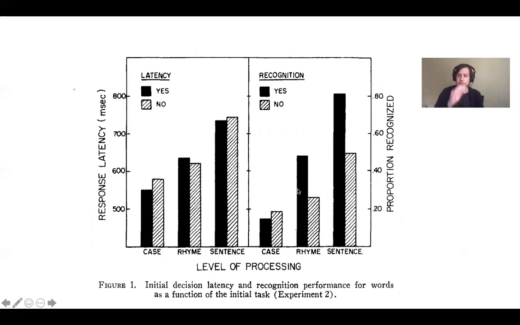And then they looked at people's ability to remember these words later on. They found that the people that had originally encoded the words in terms of meaning, the people doing the sentence task, had high recognition, a high ability to remember words that they had seen in the list originally, whereas people that were just paying attention to the case of those letters, their memory was poor. So that's just another finding in this chapter to establish what we talked about last time.